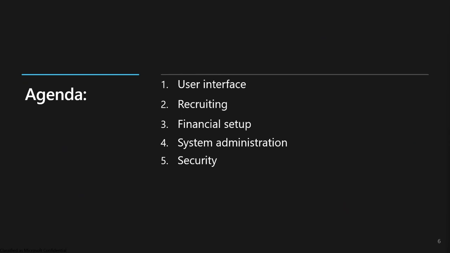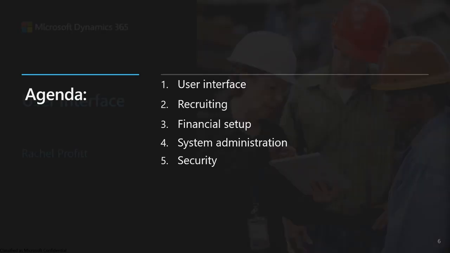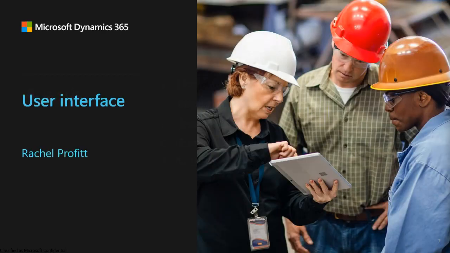As many of you may be aware, there's a number of financial setups that happen in standalone infrastructure that are a little bit different in the F&O infrastructure. And then we'll take a look at system administration and security. A little bit closely related, but these are all things that you manage and do right from inside of the application. So with that, let's go ahead and dive right in and start taking a look at the user interface